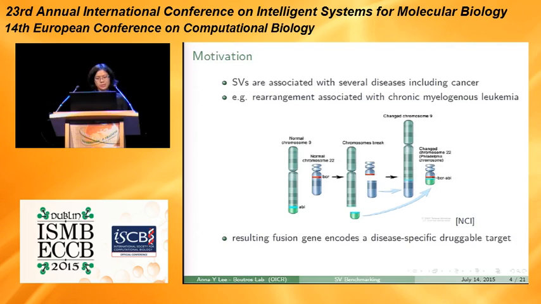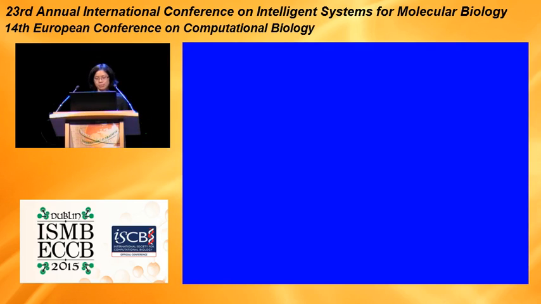So in addition to providing a better understanding of the mechanisms of different diseases, identifying structural variants can help provide a real impact in the development of novel therapies. However, despite their importance, identifying them in sequence data is a hard problem. As Paul mentioned previously, different approaches to identifying them have very little overlap, so it's a good problem to have